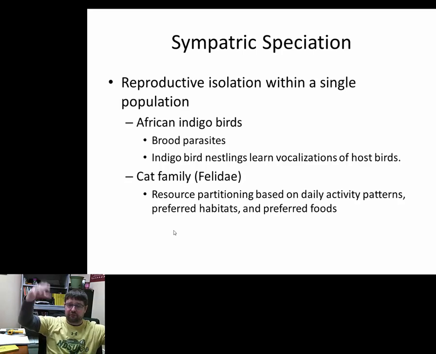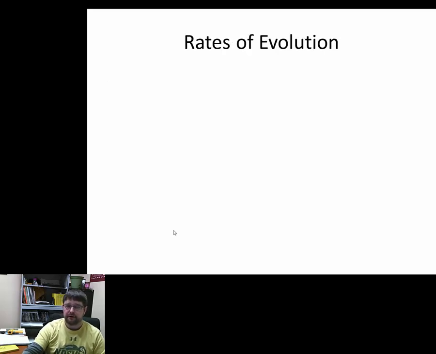So even in a forested habitat, you can have isolated populations where they don't encounter each other because they don't recognize the other activity pattern or the other individuals' territories or preferred foods or things like that. Same species, same population, but they're starting to become isolated because of differences in daily activity patterns or something like that.